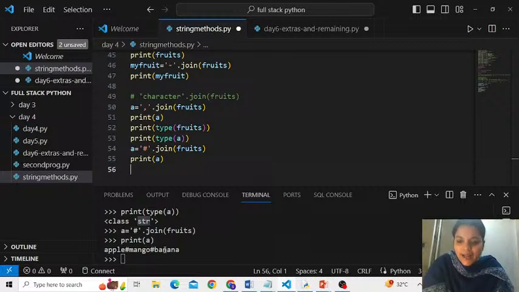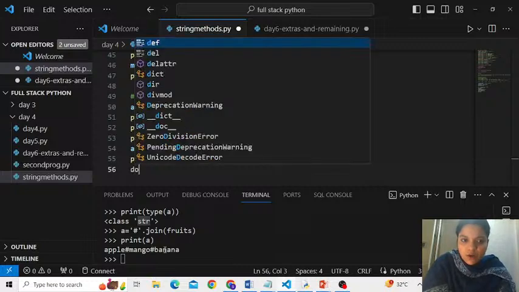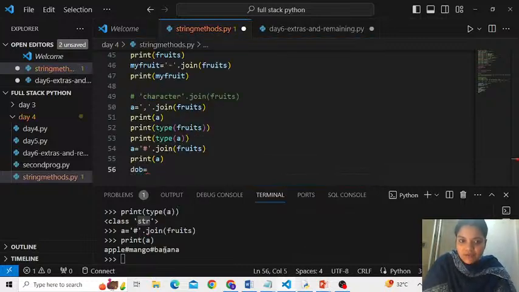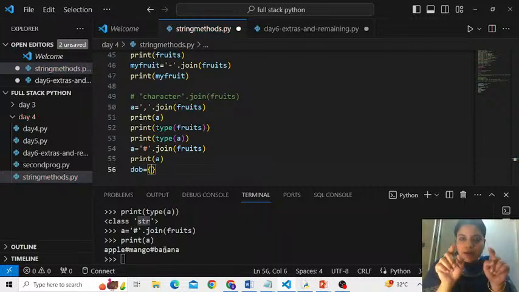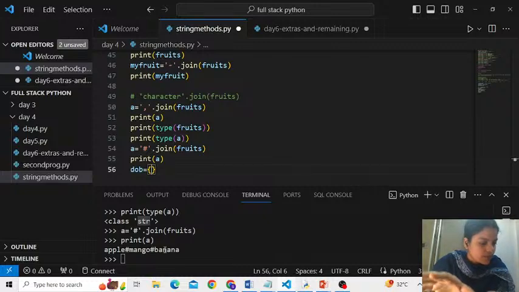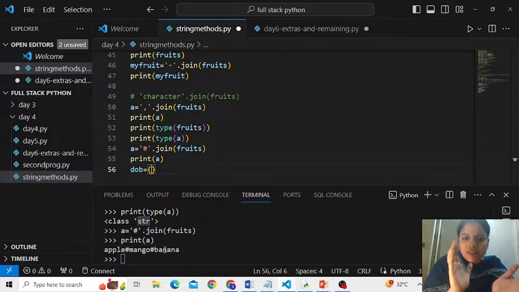Alright, fine. Say I have some information as a date. Say DOB is a birth date and I have stored it in a set, people. Anything that you declare in the curly bracket in Python is a set. Most probably tomorrow or in the next class, I'll tell you the difference between list, set, tuples.